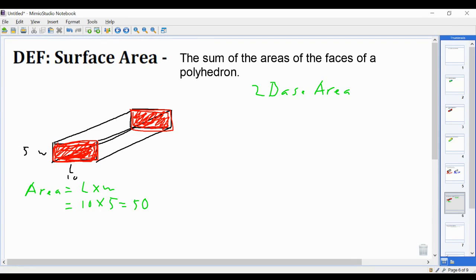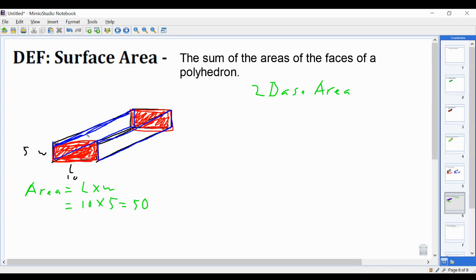Okay, but that does not include all the other sides of our prism, all the lateral sides. So let's look at those now. What about this side right here? Can you agree that if we find the area of that side highlighted in blue, it would be the same as the area of the opposite face, also in blue? Those two faces of our prism will also have the same area,